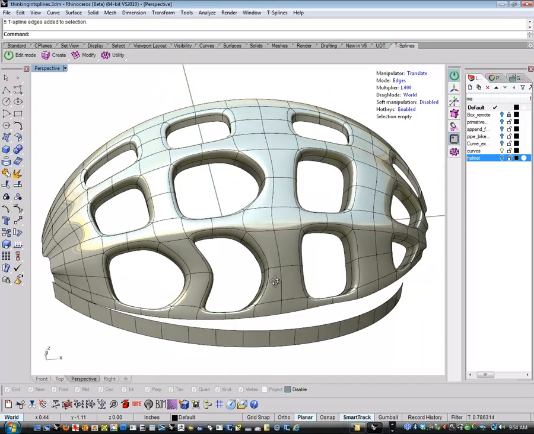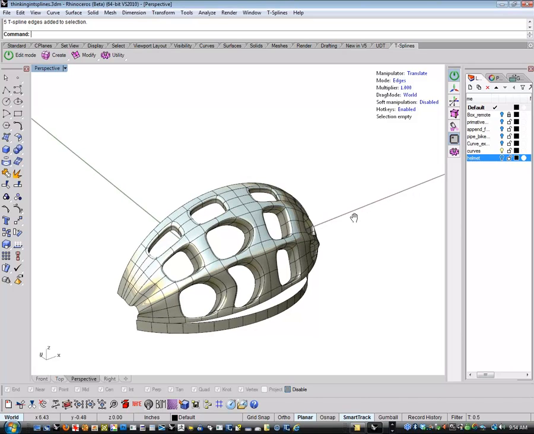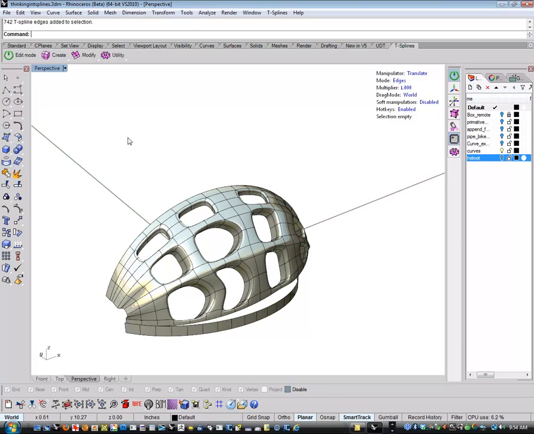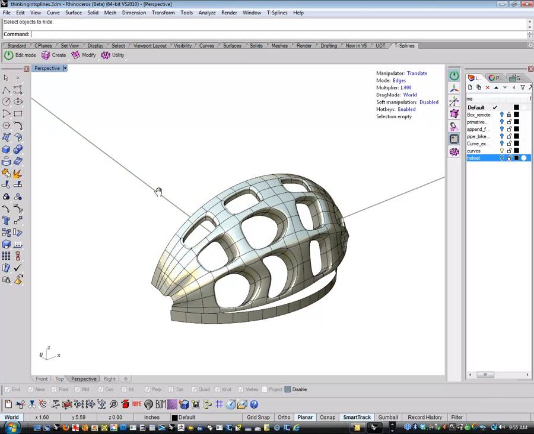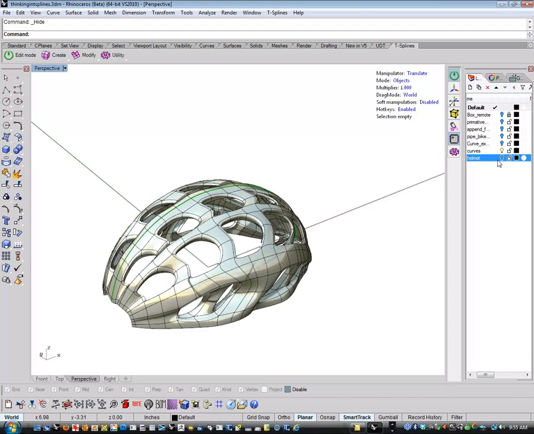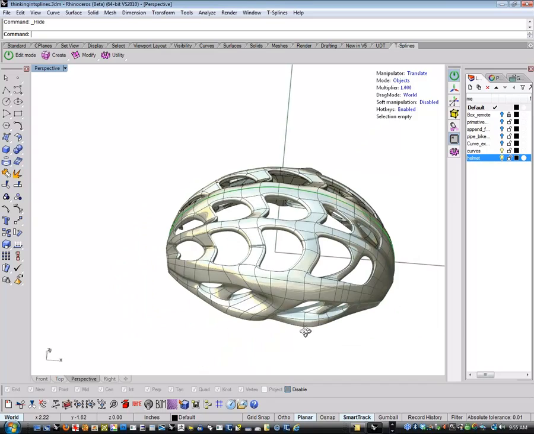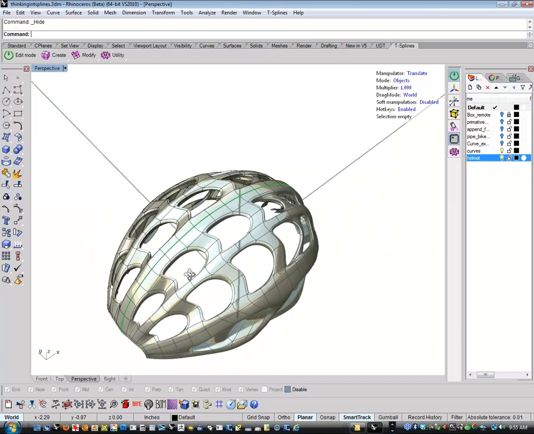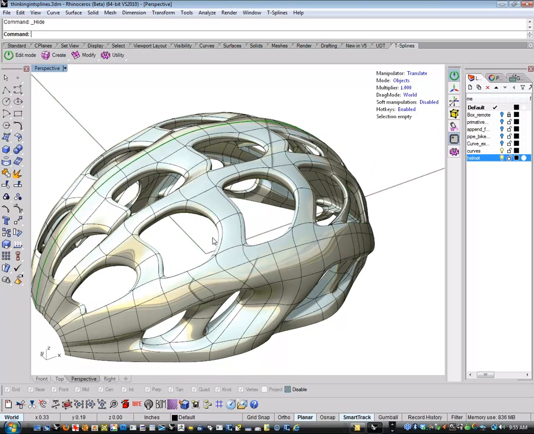Take that, NURBS. And you end up with something to this effect. Symmetry on. Cool thing about this is now that you've got one helmet, as a product design consultant, I'm always